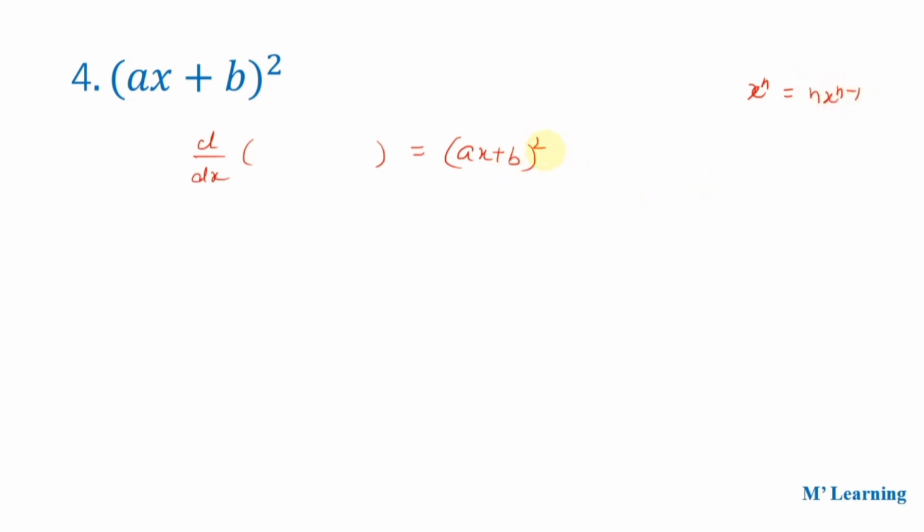Basically, if this is the derivative of something, then its power has decreased by 1. So whatever this is the derivative of, its power will be one more, meaning 1 greater. So we'll just take the derivative of the same thing with one more power, that is, 3 instead of 2. So we'll start differentiating (ax plus b) whole cube. Using the formula for x to the power n, the 3 comes in front, and the bracket (ax plus b) whole to the power 3 minus 1,